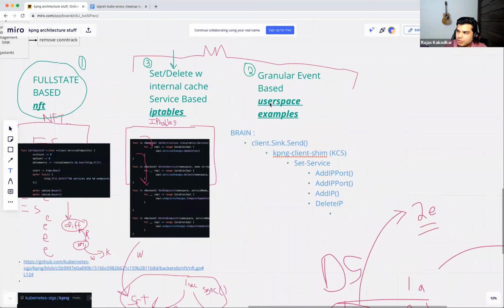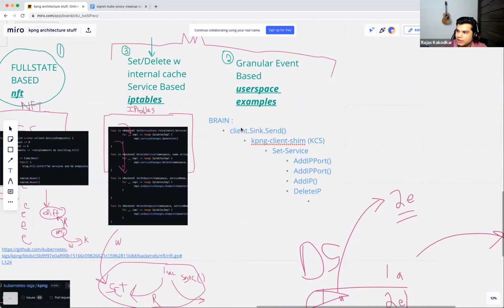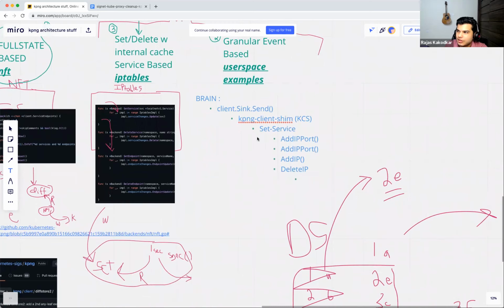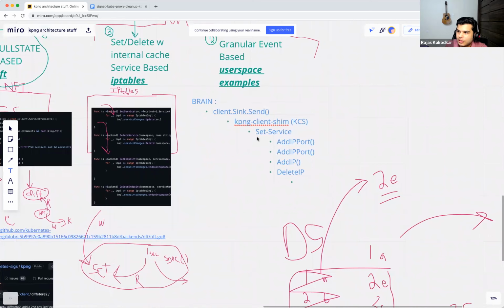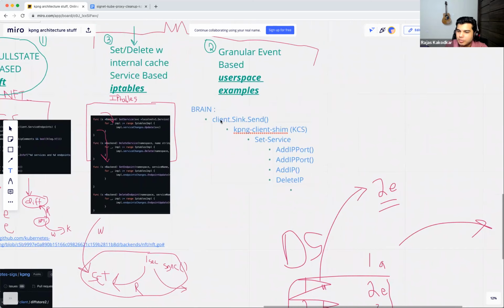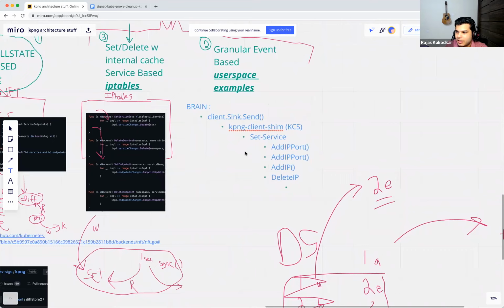And this example around the user space example, wherein the client itself uses something like add IP port and things like that, this is more of a granular event-based approach, because the kube-proxy client is sort of sending the events to the backend, right?